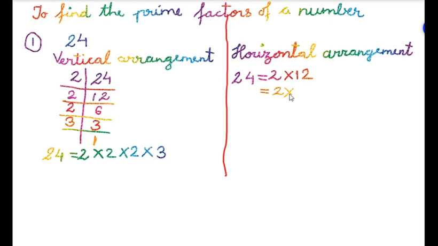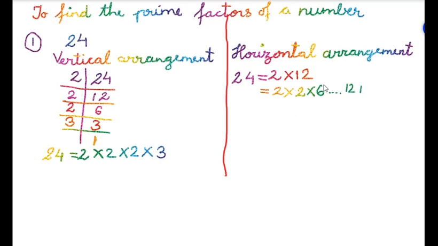Will it come in 2's table? Only prime factors. Yes, again it is coming in 2's table. 2 how much are? 2 6s are. Yes, here what did I do? Whom did I factorize? Yes, I factorized 12 here. So I will write here 12 is factorized. Okay, what is factorized here? 12 is factorized. Got it students?